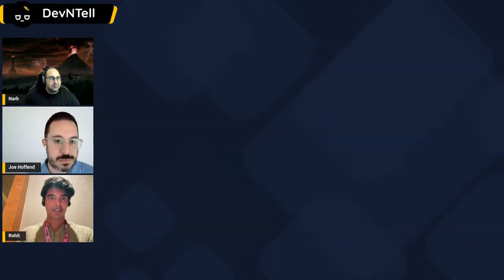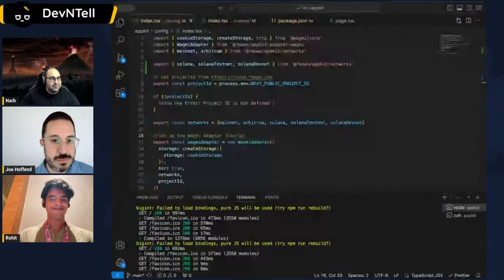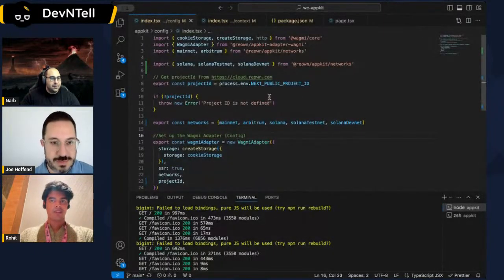And if I were to quickly stop sharing and show the code that is running on my VS Code, you'll be able to see how easy it is to capture all this user experience with just a few simple lines of code. Give me 1 moment. Can you see it? Yeah, VS Code is now on screen.